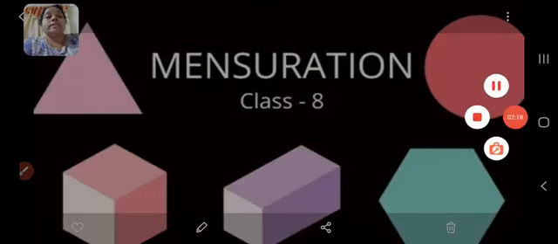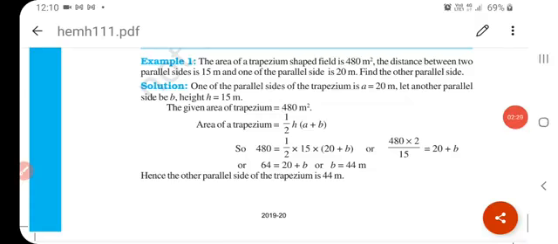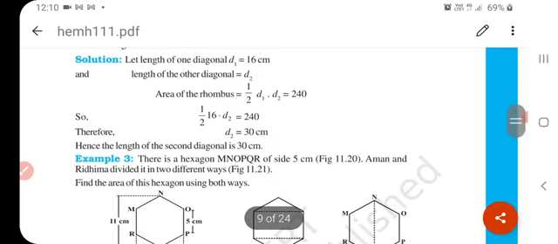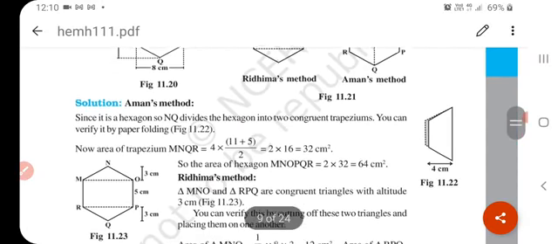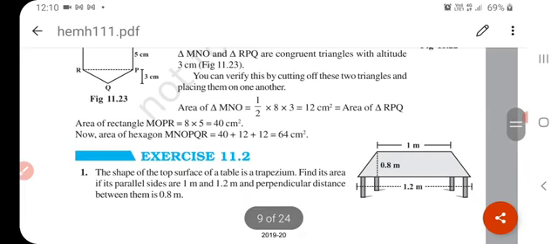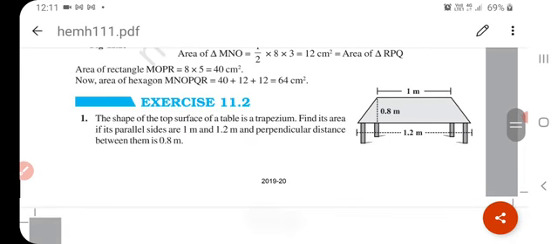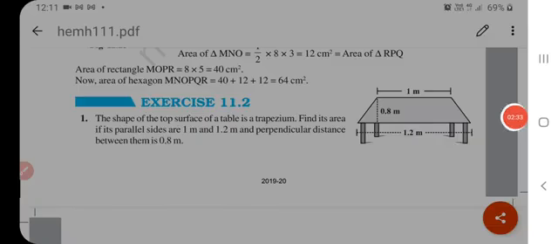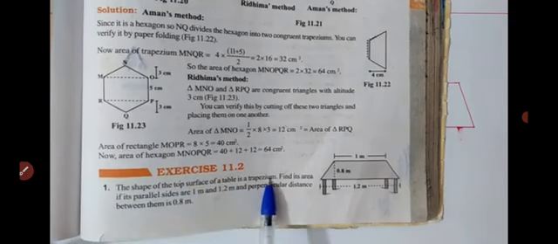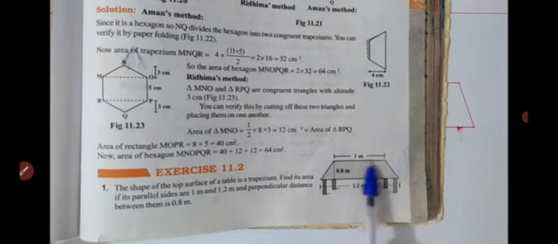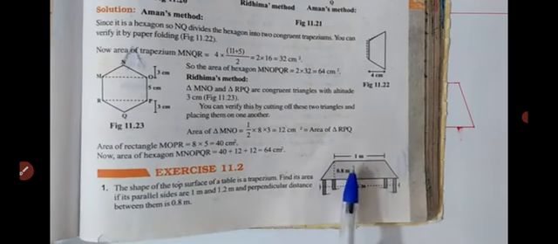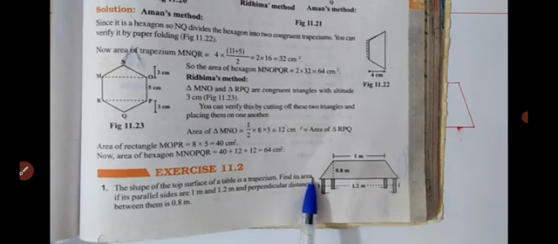Okay, understand? Yesterday I told you to complete examples number 1, 2 and 3. I hope you completed examples number 1, 2 and 3. Now we will do exercise 11.2 question number 1. So what is question number 1? The shape of the top surface of a table is a trapezium. Find its area if its parallel sides are 1 meter and 1.2 meter and the perpendicular distance between them is 0.8